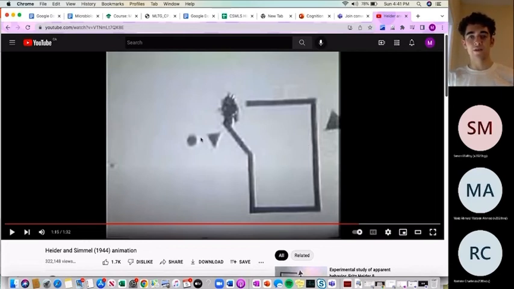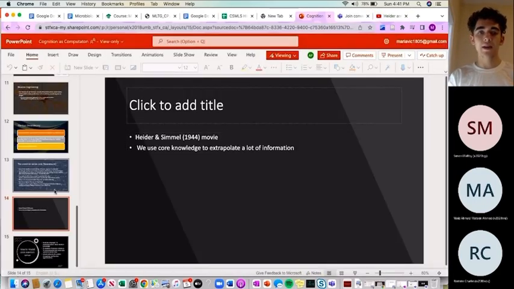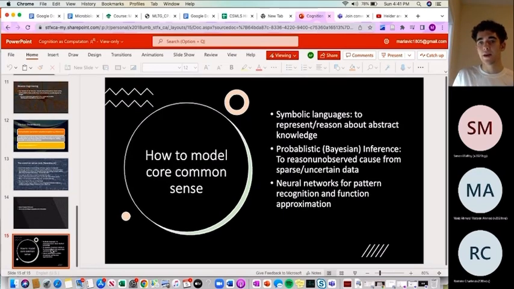Like, who's your favorite out of these? If you were to put these into two groups, you kind of go, okay, maybe these are the good guys, and for some reason that's the bad guy. Yeah, there's a lot of extrapolation that happened there for very, very little information, which is quite amazing. He suggests that we use this core knowledge to extrapolate a lot of information, and this is what's missing in AI. And to be able to get this, modeling the core common sense,